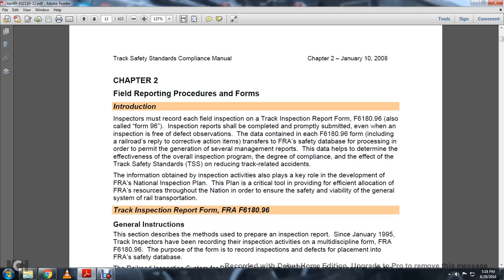Inspectors must record each of the field inspection tracks and report on FRA Form 6180.96, also called the Form 96. Inspection reports shall be completed and promptly submitted, even when the inspection is free of defects or observations. The data contained in the 96 form, including a railroad reply and corrective action items, is transferred into the FRA safety